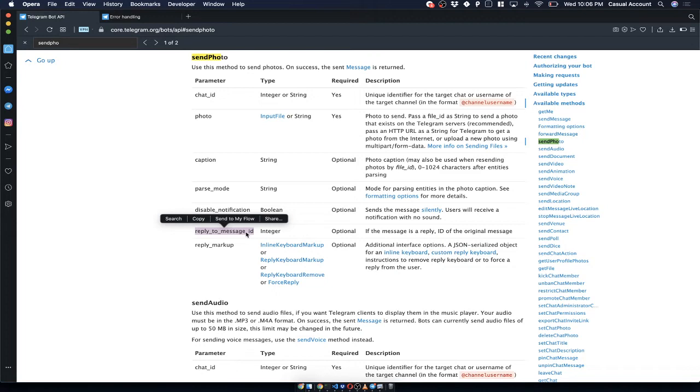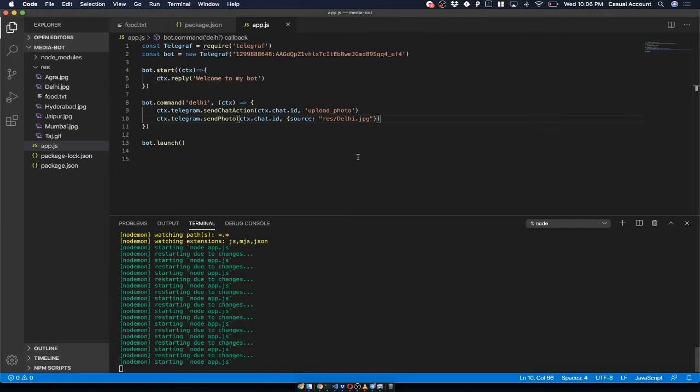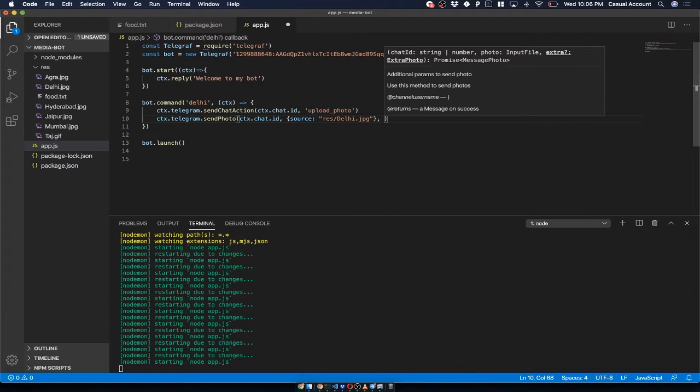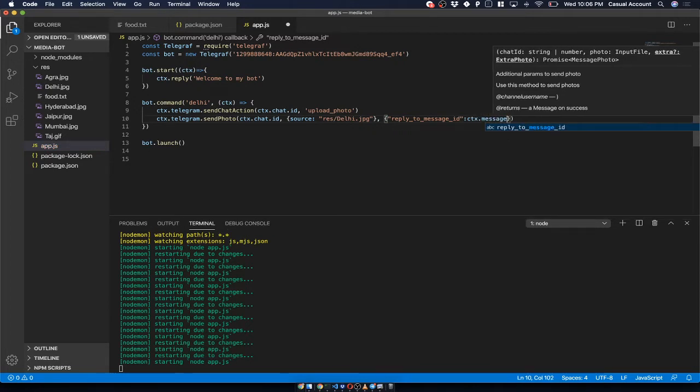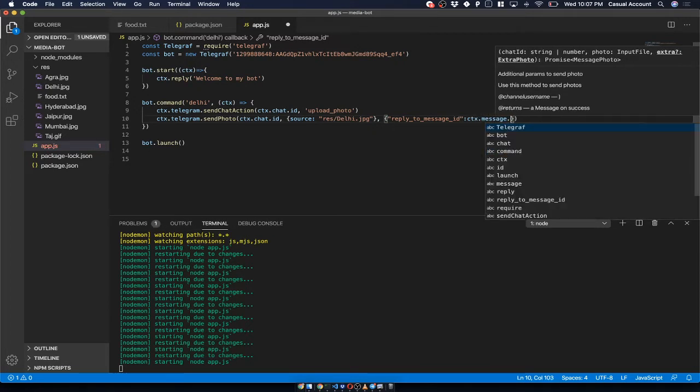So let's do that. Copy it and we'll create one more object and I will rename and I will set the key as reply to message ID. And now over here we have to provide the message ID of the user which is sending us this command. So the message ID is available in ctx.message.message ID.